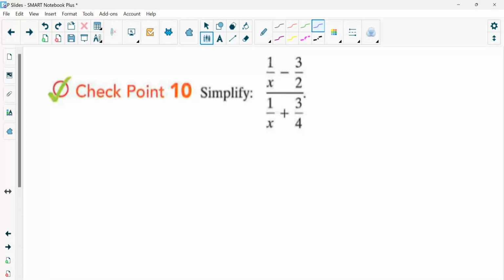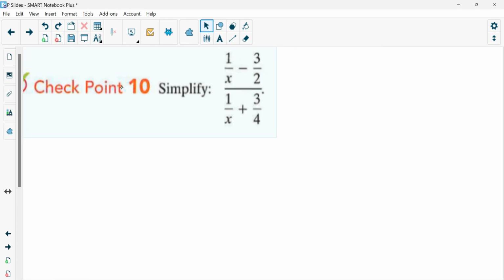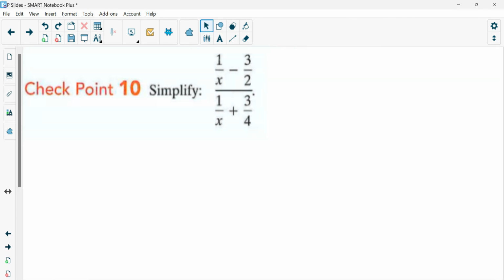All right, so our last section is complex fractions. If we look up there, it's like a fraction within a fraction, and there's addition in the top and bottom, okay? So it seems like a lot, but we can just get through it piece by piece and use what we've known, and it's not too bad. So the first thing you have to remember is when you write a fraction top bottom like this,